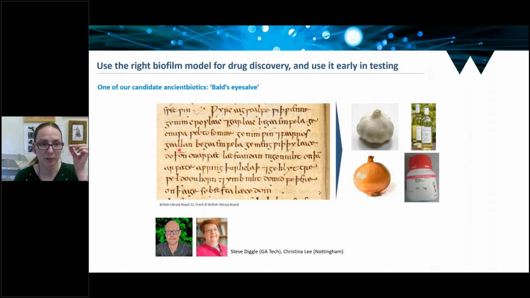Now, styes are caused by biofilm forming in your eyelash follicles, and these infections are often caused by similar pathogens that you find in a whole range of skin and soft tissue infections, like diabetic foot infections. What this remedy tells you to do is to make a mixture of garlic, onion, cow's bile, and wine. So very interesting natural products to a microbiologist. I could tell you the story in lots of detail, but I'm going to start simply by saying this mixture does kill bacteria.